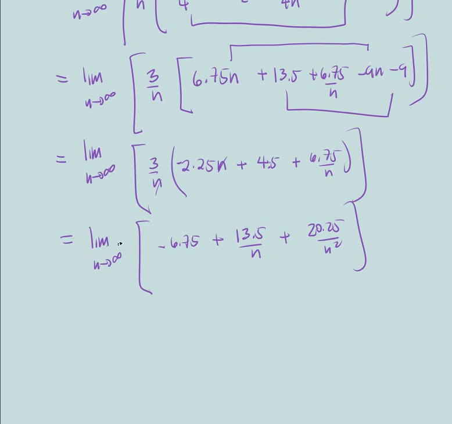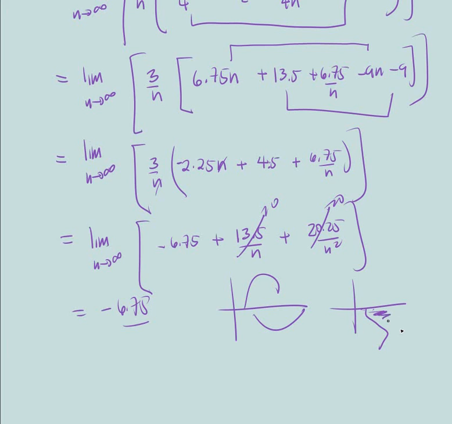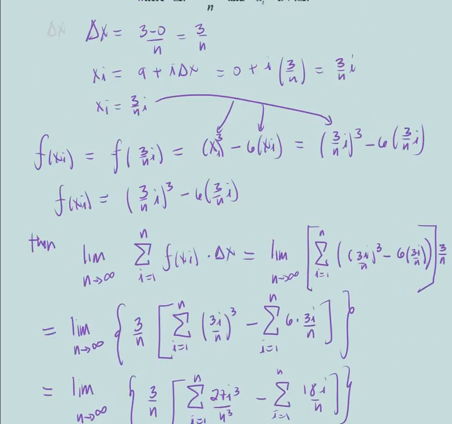And now we use the limit. When n goes to infinity, this number is 0. This number is 0, and the limit is just negative 6.75. Well, what it means negative is that the area under the curve, instead of being over, it's actually here below the x-axis. Probably the graph looks like, well, it's an x cubed. It probably looks like this or something like that. Well, the thing is it's under in this area instead of being here in this area, which usually will give you a positive quantity. Okay, so the problem, the summation of this crazy stuff, if you go all the way up,